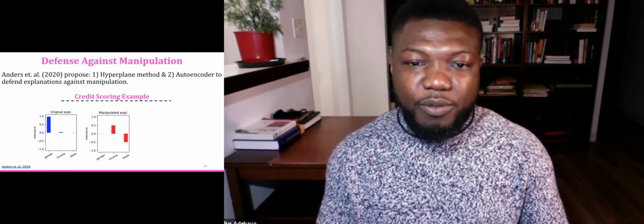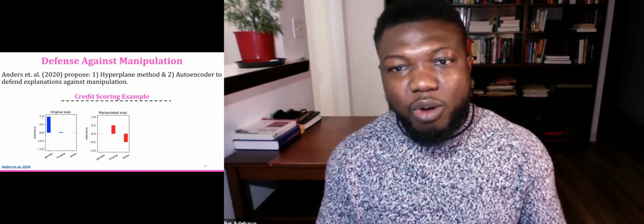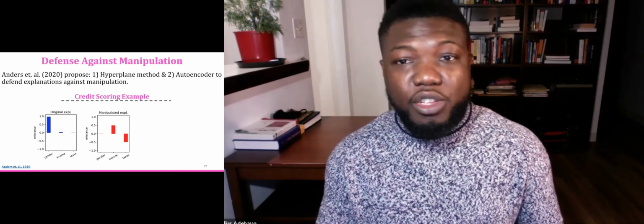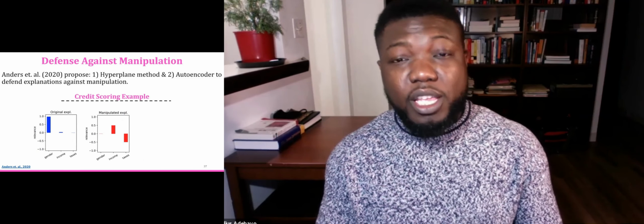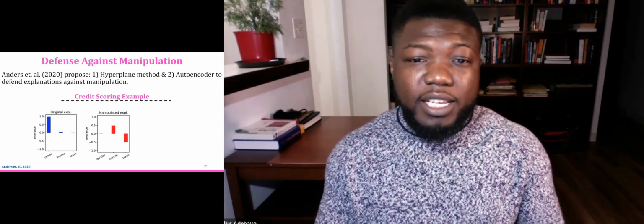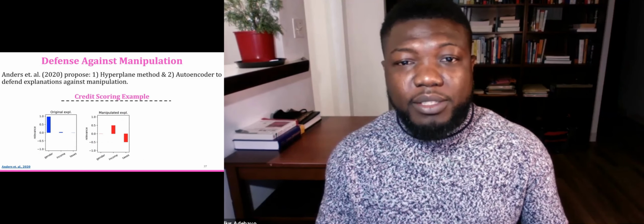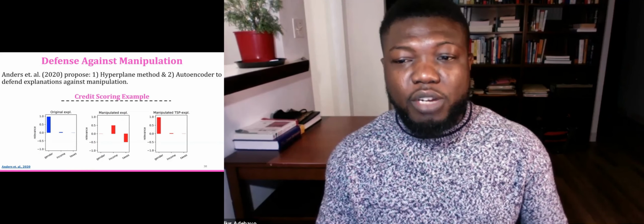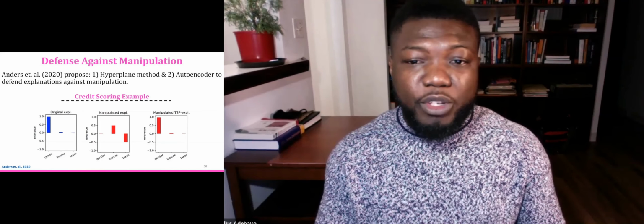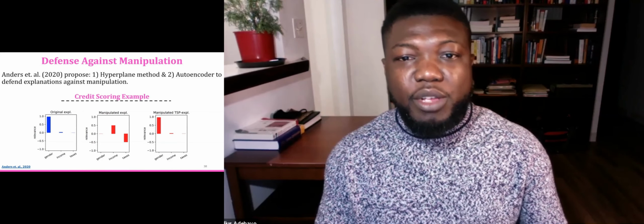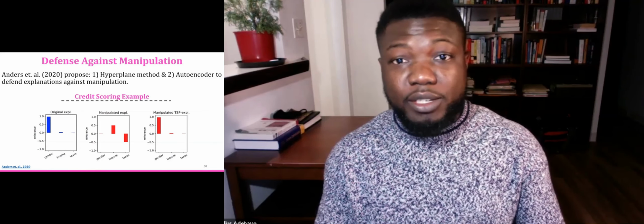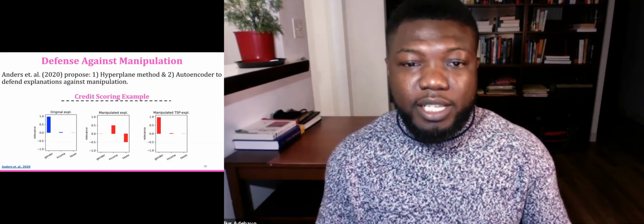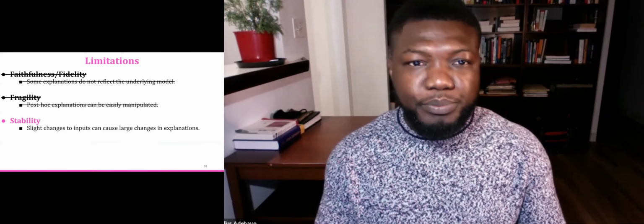Here, the example we're showing is a case where a classifier almost exclusively relies on gender. You can manipulate the explanations of that classifier to shift the dependence to income and taxes. And then if you apply the defense as proposed by Anders et al., you can recover the original explanation, as one would expect. More work still needs to be done to extend this line of work to higher dimensions and different data modalities like text and other cases.